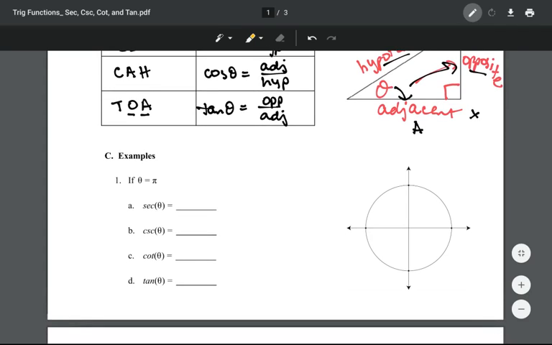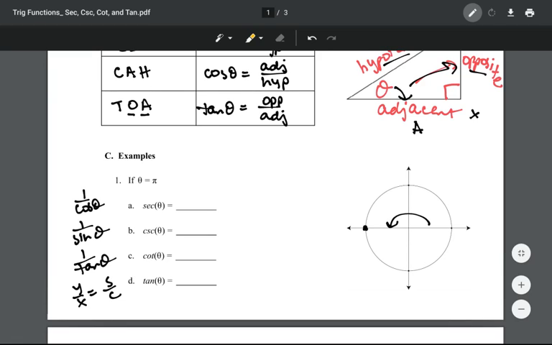I really want to focus on, to start with, secant, cosecant, cotangent, and tangent. I'm just going to remind you here that secant is 1 over cosine. Cosecant is 1 over sine. Yes, you should memorize these. Cotangent is 1 over tangent. And tangent is y over x, or sine over cosine. Okay, so first of all,